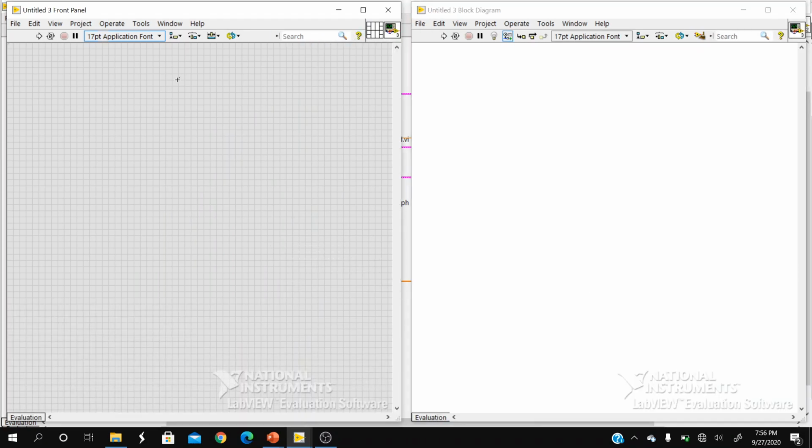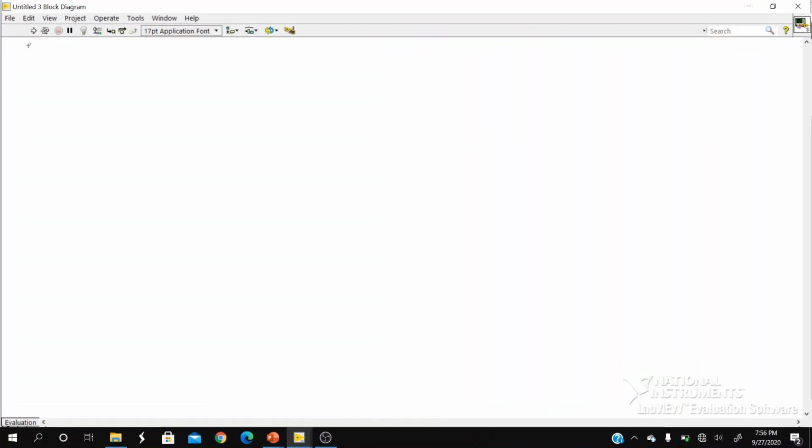As we know, LabVIEW consists of two windows: the front panel window and the block diagram window. The block diagram is the space where we are going to code our systems, and any type of coding will be done on the block diagram window. So here we are going to construct our ASK bandpass communication system.